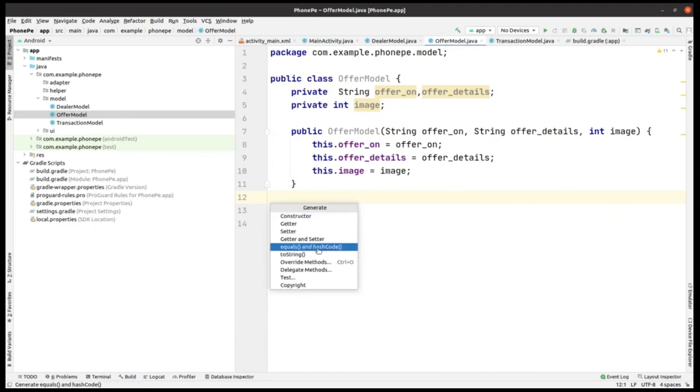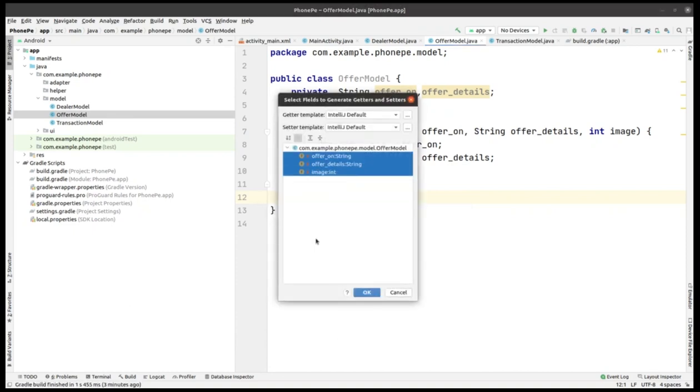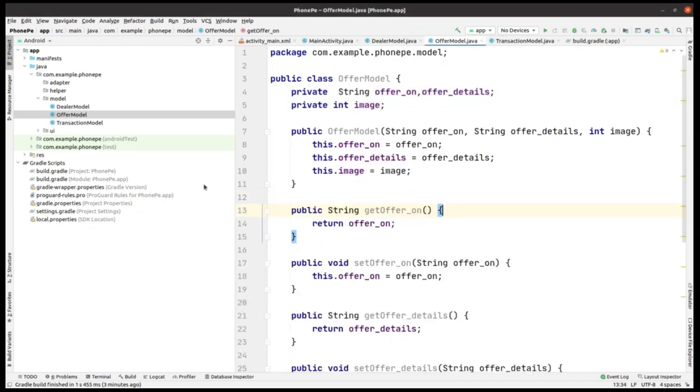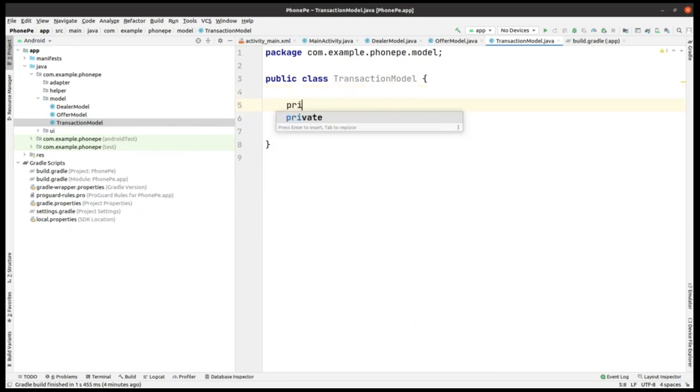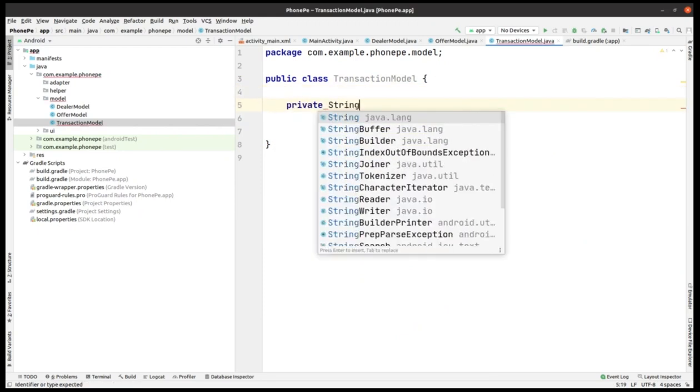Okay, and we have generate for getter and setter. Actually that was not generated earlier. Okay, so now we are within this transaction model, and now what we are going to do here is to make again